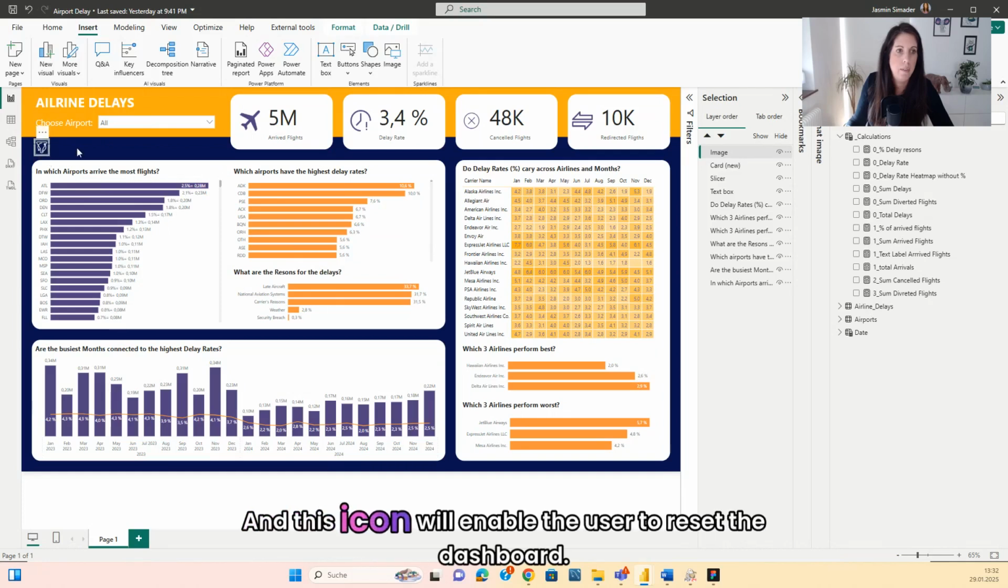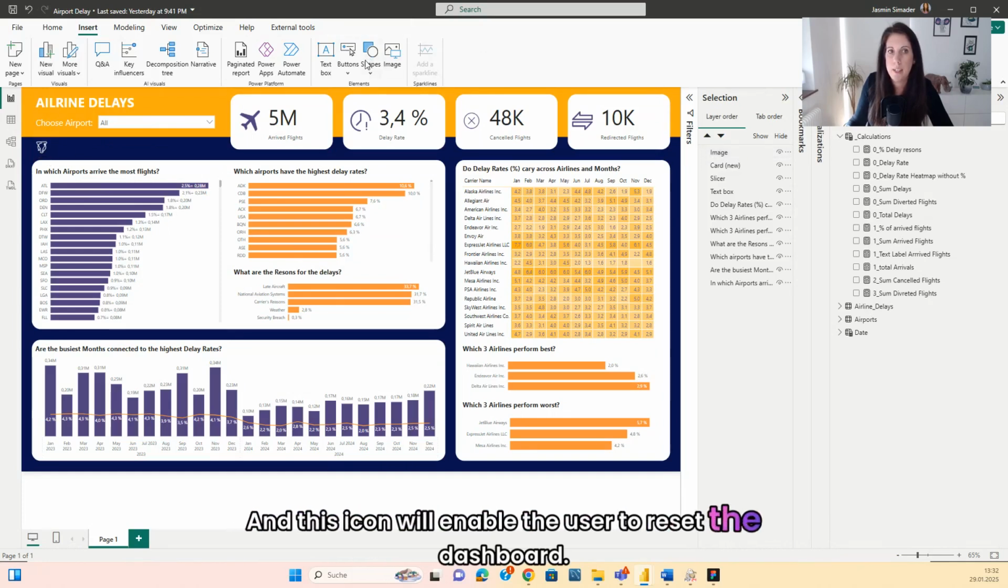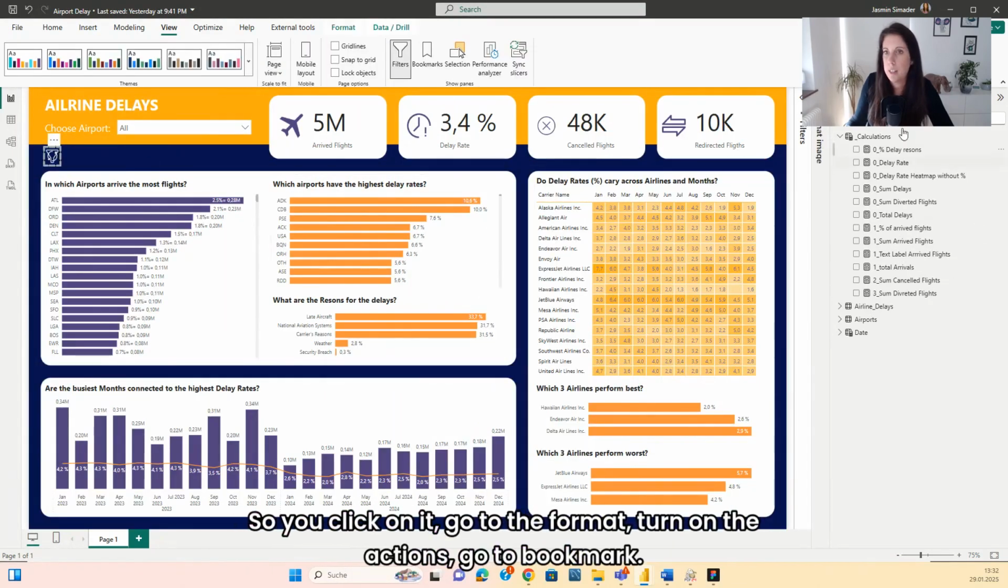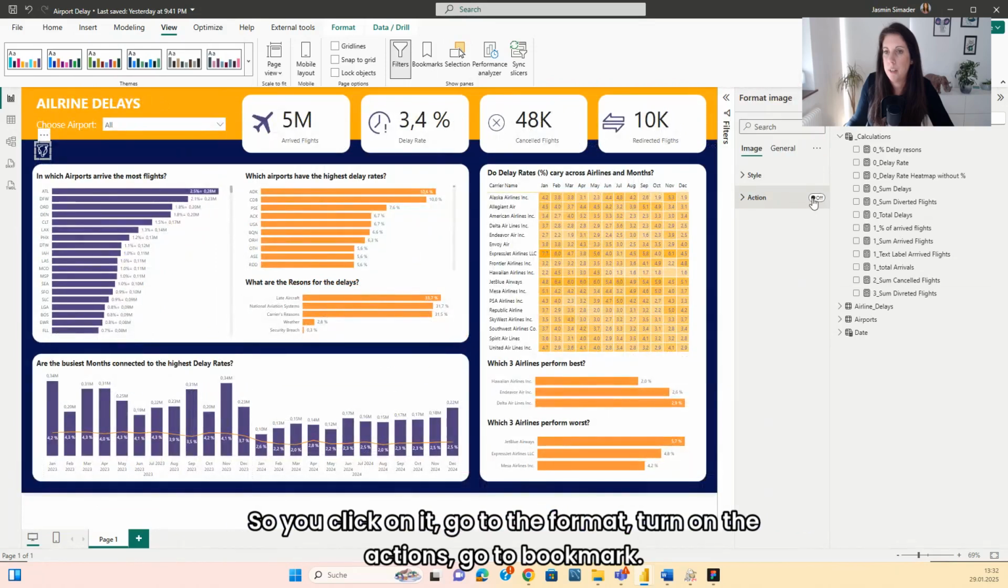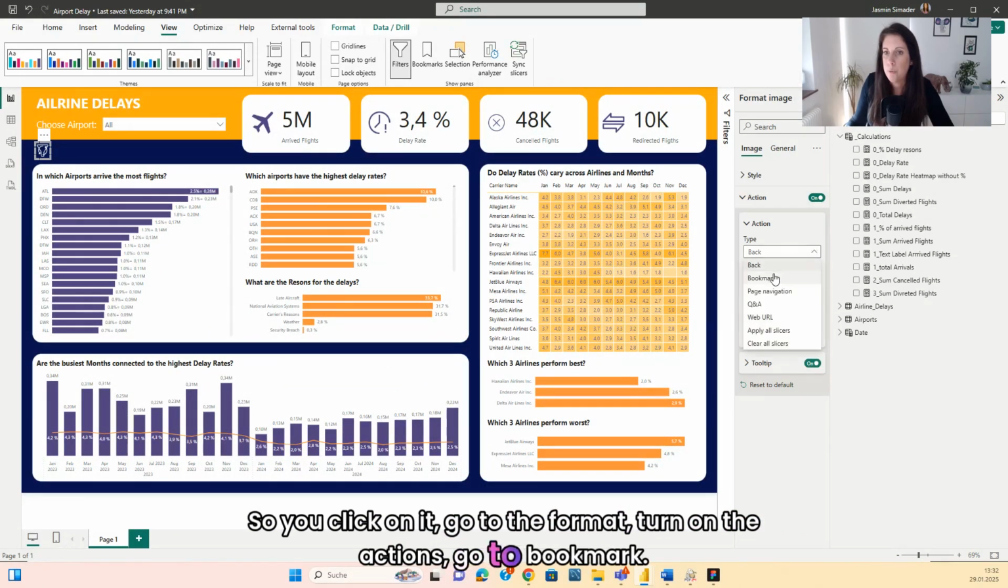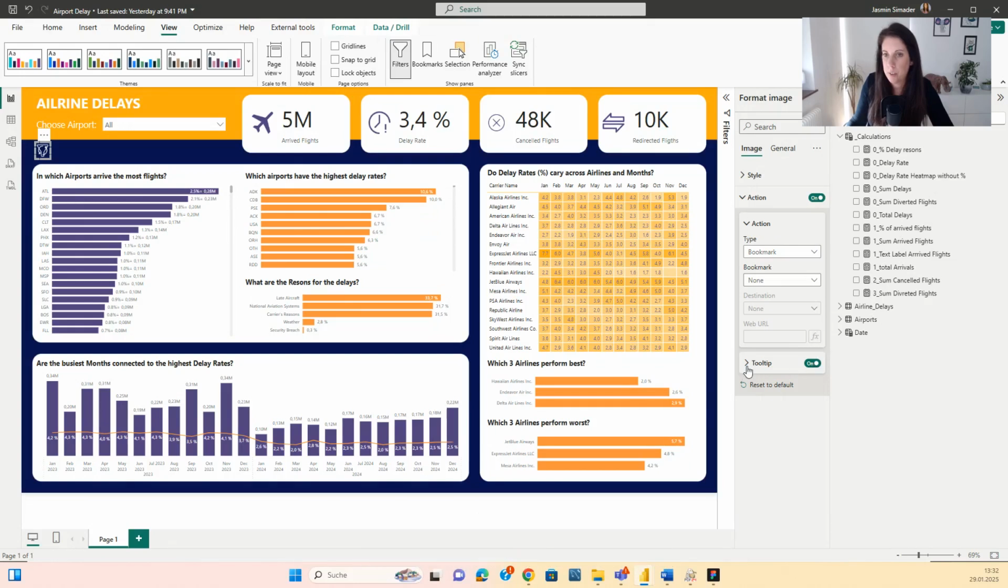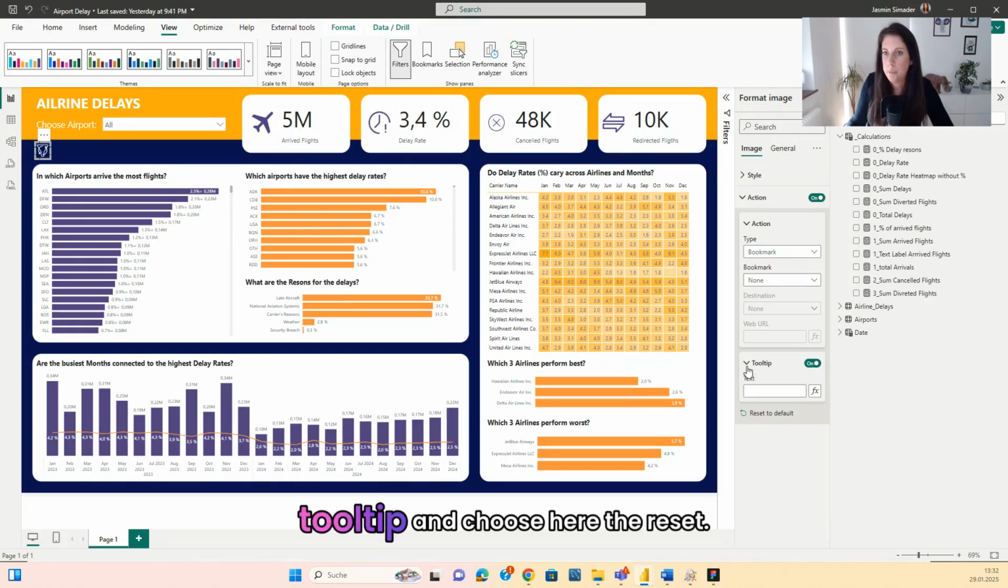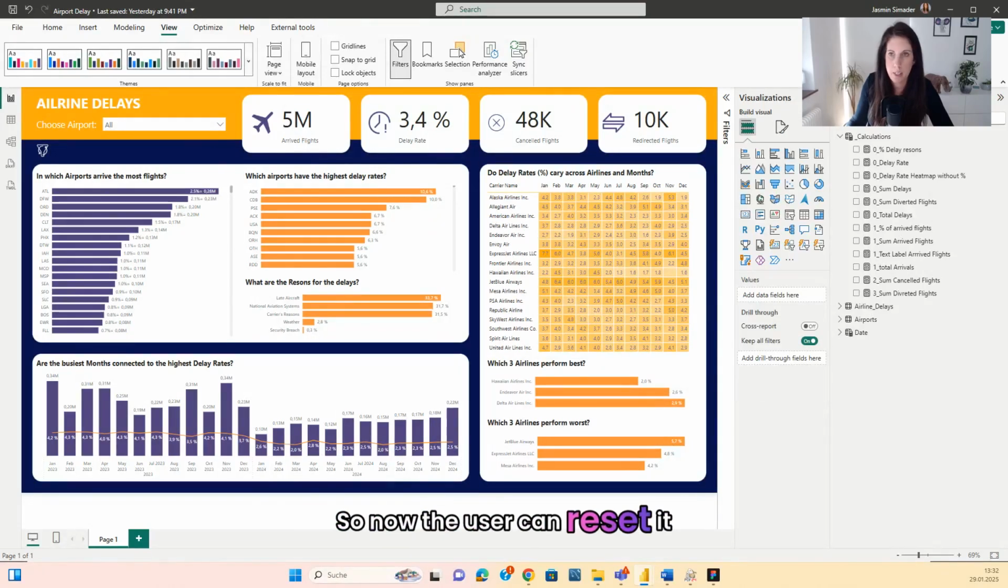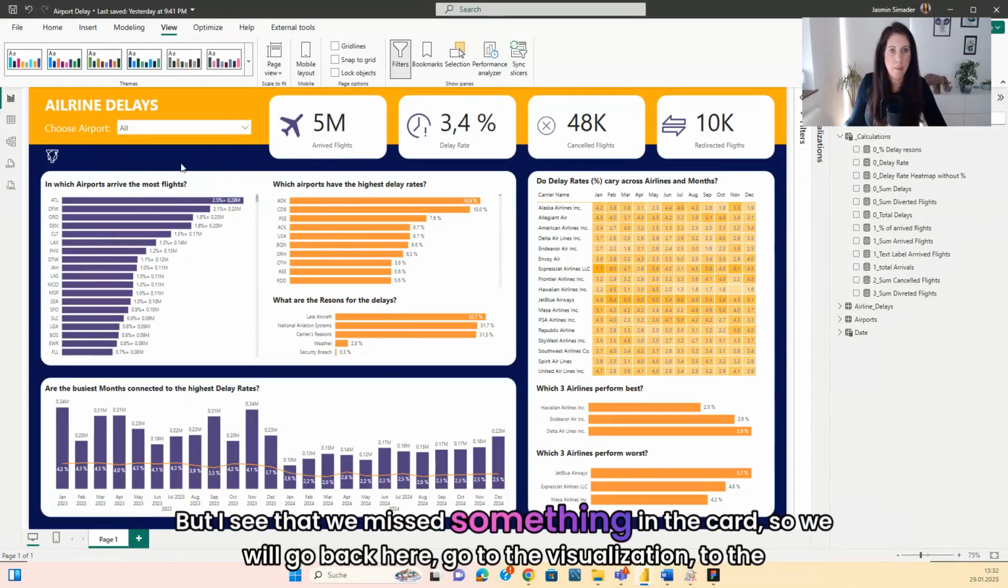And this icon will enable the user to reset the dashboard. So you click on it, go to the format, turn on the actions, go to Bookmark, Tooltip, and choose here the reset. So now the user can reset it, but I see that we missed something in the card, so we will